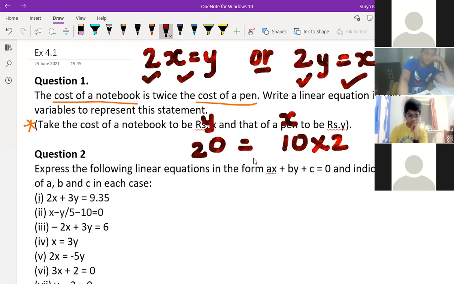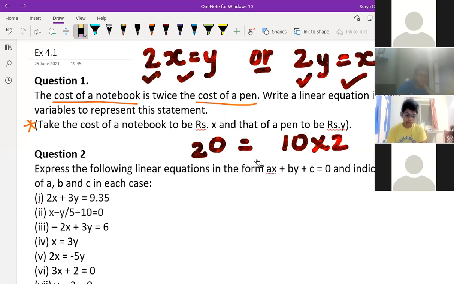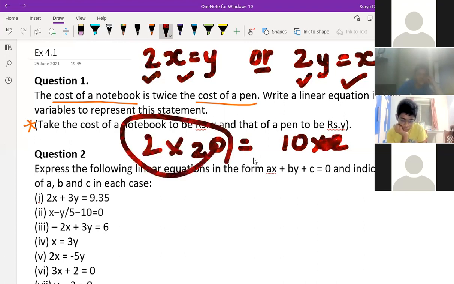So then we can take any cost, right, sir? Like 30 and 60, like that also. Yeah, this is an example for your understanding, as per the question I made. People will make a mistake. If they ask twice, what will children do? They will multiply here only by 2 and leave this one. So this becomes 40 and this becomes 10.